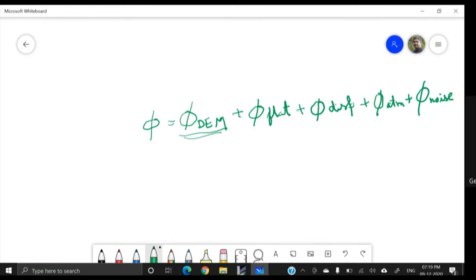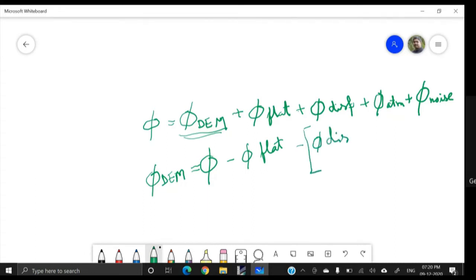The actual phase, that means phase difference because of the terrain variation, so phi DEM we want to determine, is equal to the measured phi, minus phi flat terrain, minus phi because of displacement, plus phi because of atmospheric contribution, plus phi because of noise.